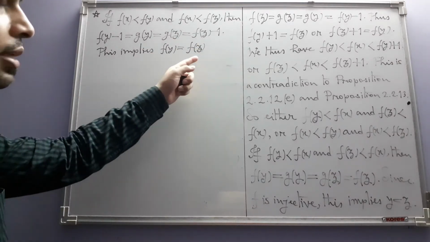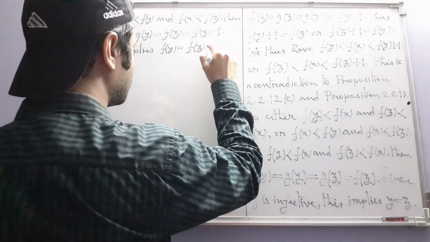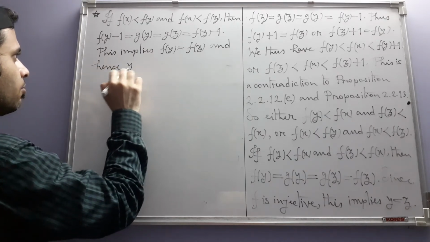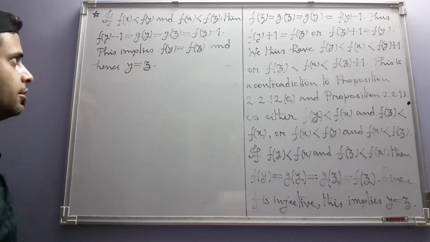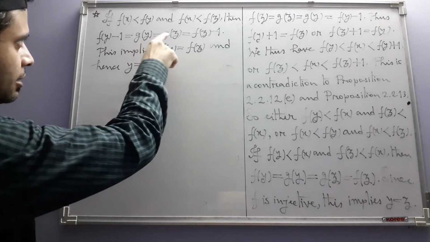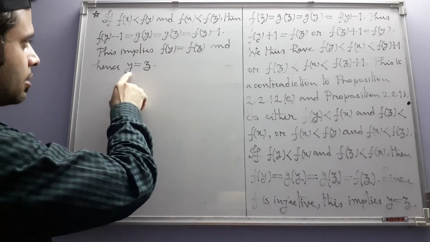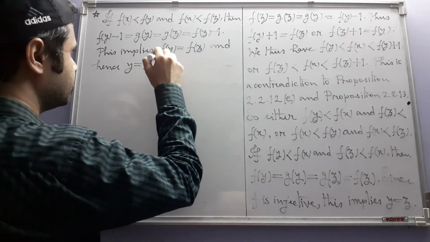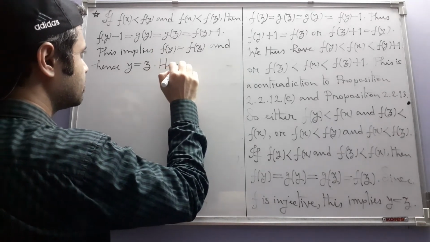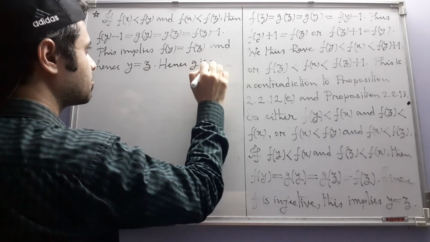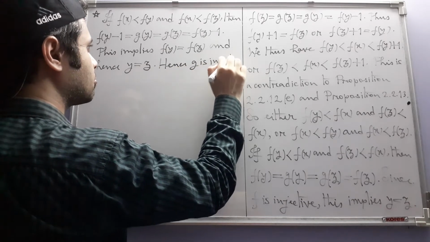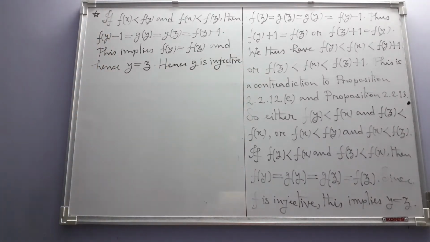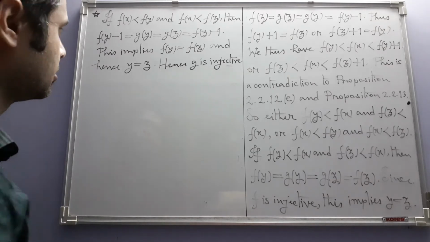And again, since f is injective, we are not going to write it once more, and hence y is equal to z. So our assumption that gy and gz are equal has led us to the conclusion that y is equal to z. So that means g is injective. Okay. Now next job is to prove that g is surjective.